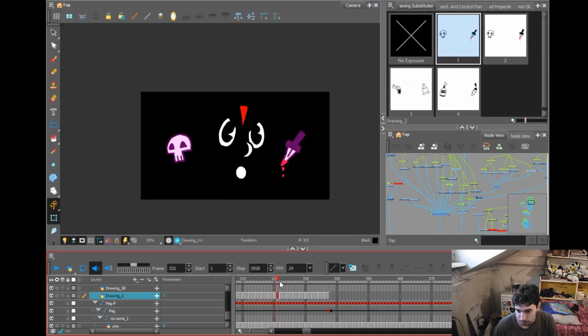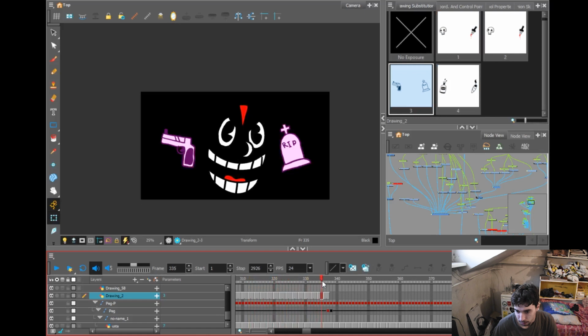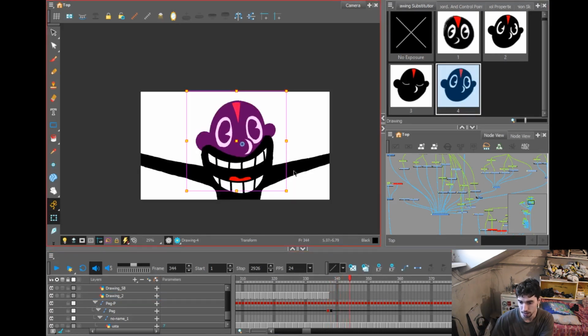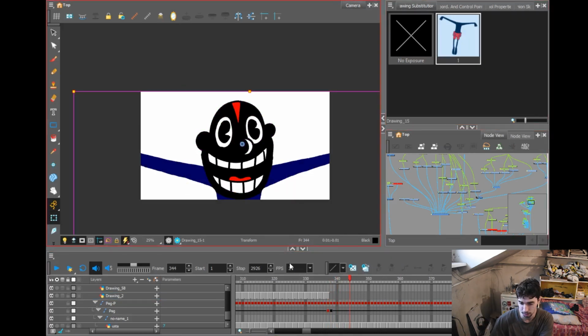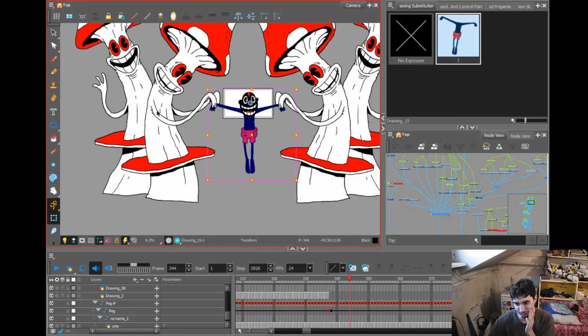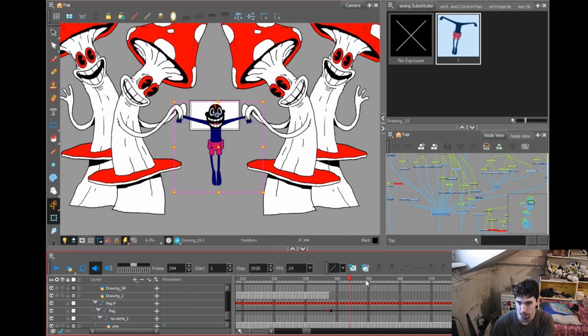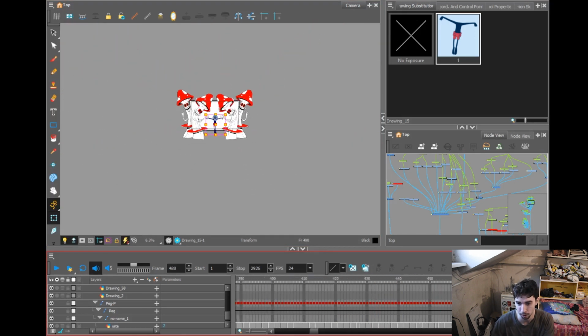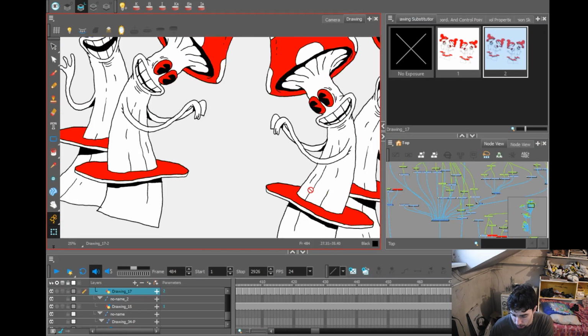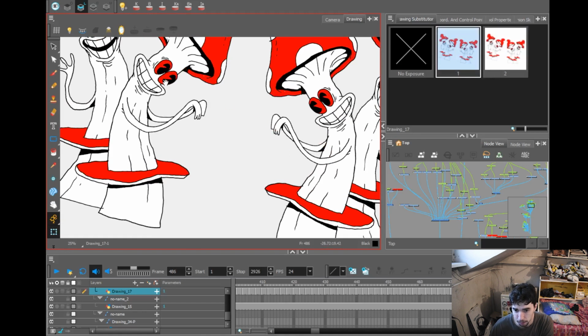Yeah, the transition. Over here I have the head, and on the next one I just switch, it's the same head, it's just a little... And over here, as you see, I put another layer for a body. It's just a single body, and I just draw the mushrooms and everything, and it's again with the tweening process and just pulling them back. And of course the background is just 1 frame black, 1 frame white, going, you know. And if I come over here at the drawings, you can see it's